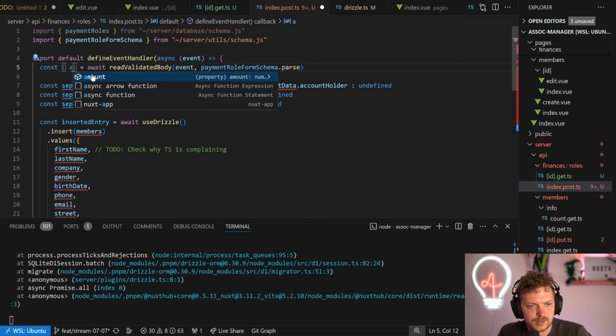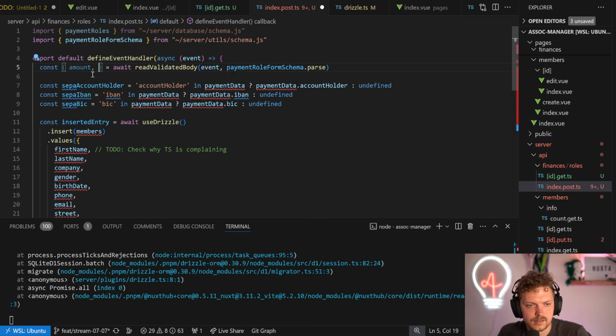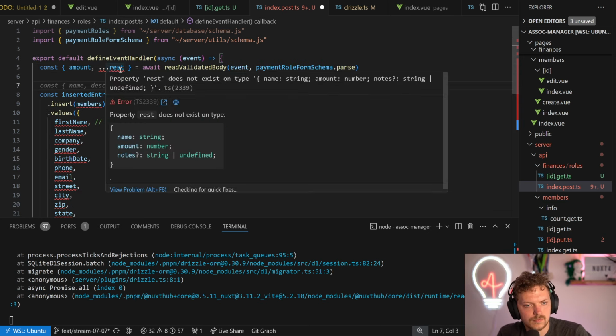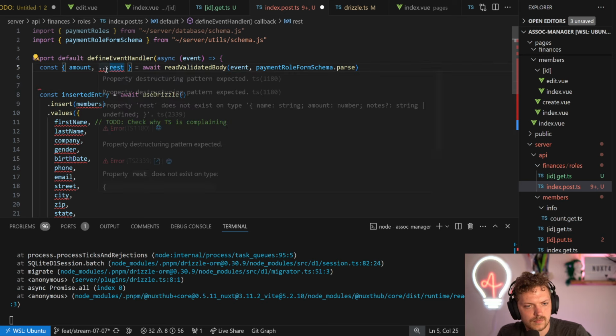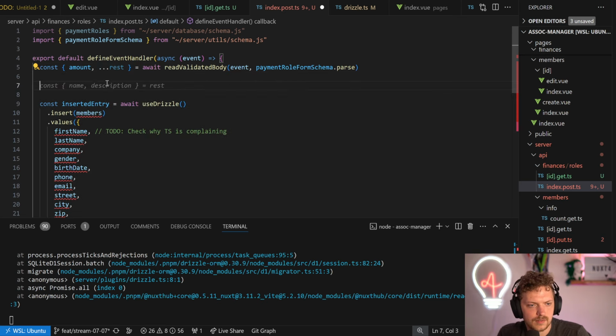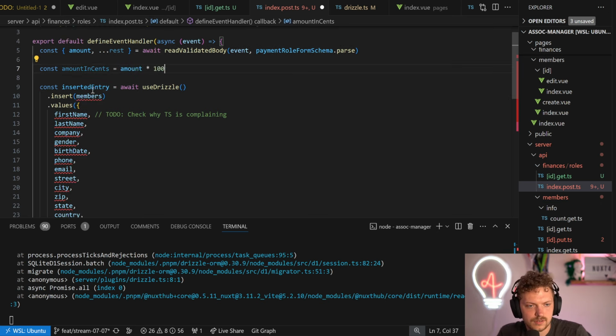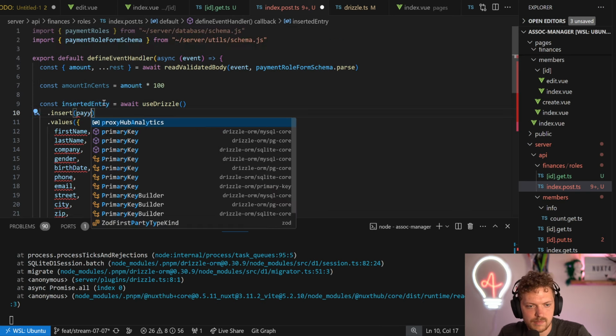So we have amount here and the rest. So what we want to do is const amountInCents is amount times 100, of course. So now we insert into payment roles